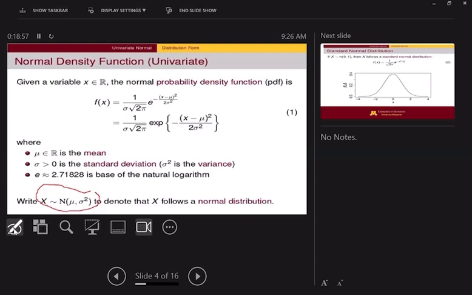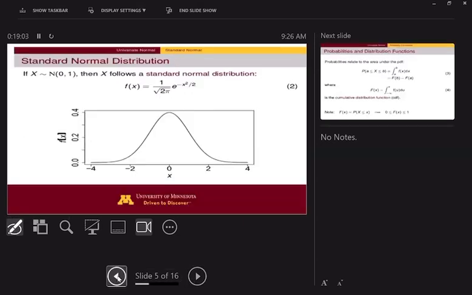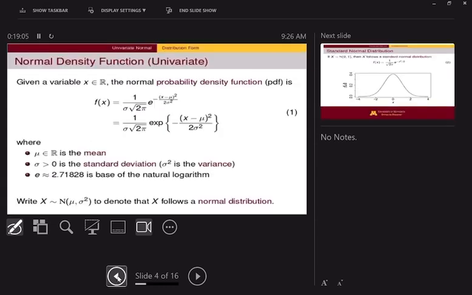Now I need you to pay attention. If you take a look at this density, this equation one, what is the significance of a normal distribution? Why is it that in the statistical framework, we normally celebrate if a data set follows a normal distribution? And I'm going to tell you now. Number one,